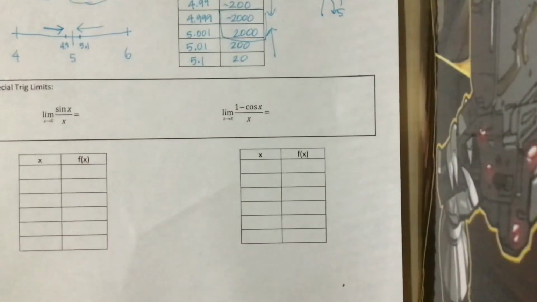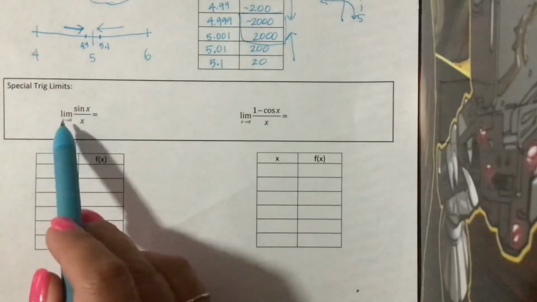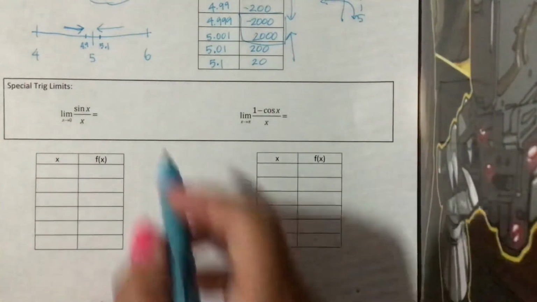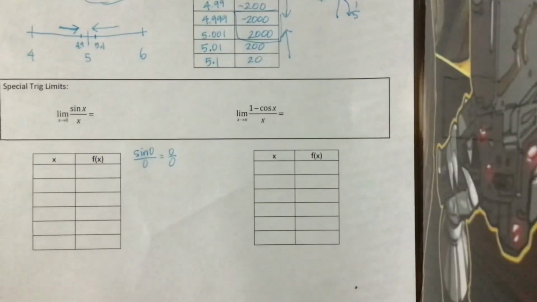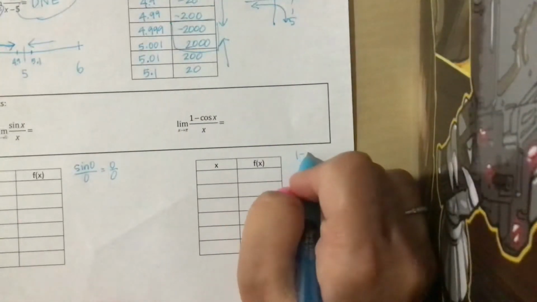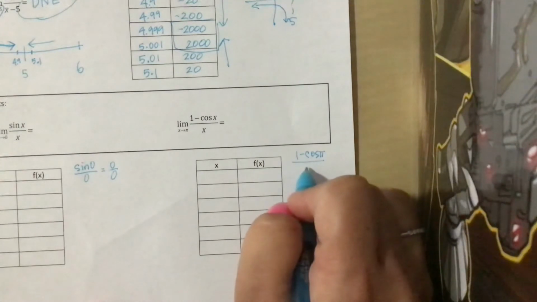These are some special trig limits that you are supposed to quote unquote memorize. You can use your calculator if it's available. But again, if we plug in 0 right away, sine of 0 divided by 0 is indeterminate. And so probably that means that there is a limit. Okay, over here, if I do 1 minus cosine of pi divided by pi,